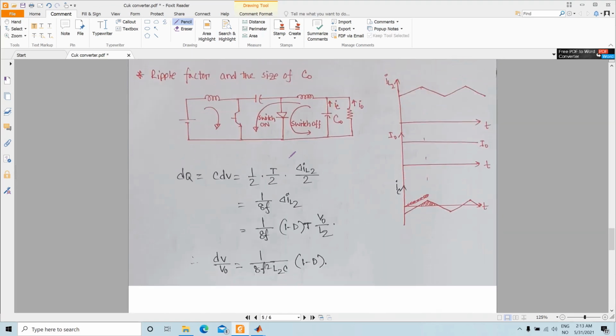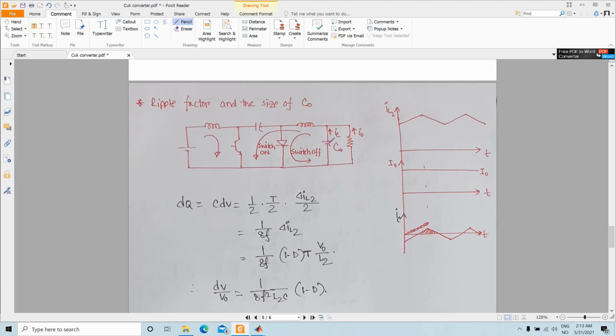Finally, we need to know what should be the value of the filter capacitor, or C out. To do that, our approach is to find the current actually flowing through the capacitor. First we need to know what's the capacitor current. The capacitor current is basically the AC component of the IL2. So if we know the IL2, so this is our IL2, and